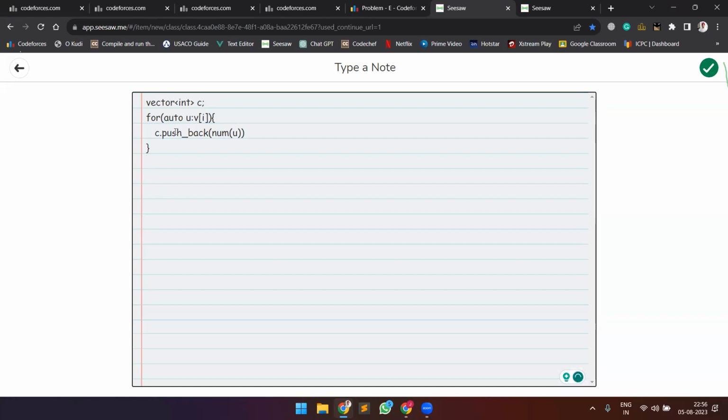Now we have to apply a DP. So DP size would be n plus 1. Basically, yeah, we can do it n plus 1, or basically we can make it equal to size of the current subtree. So this is the maximum permissible limit, right? So for each element, we can do one thing. For auto u of c, we can